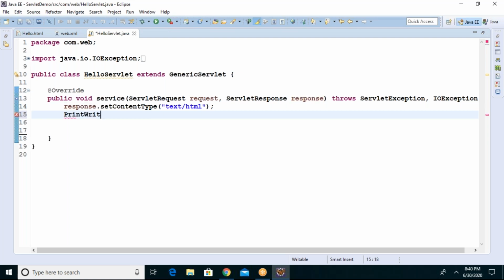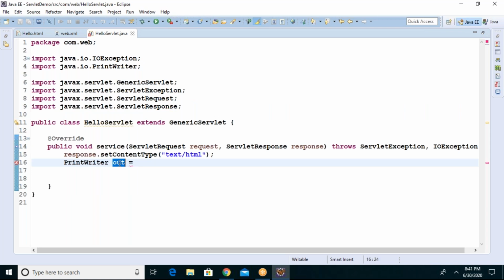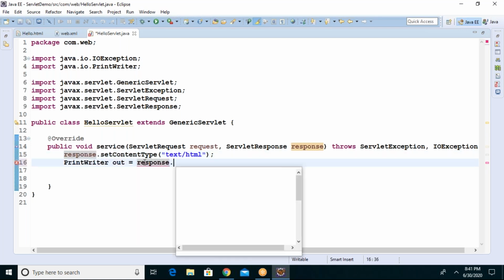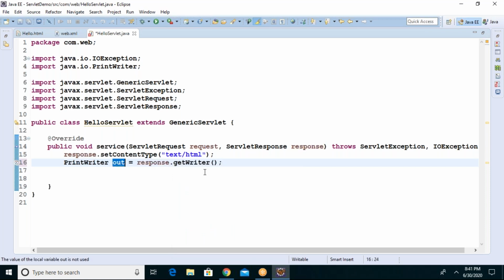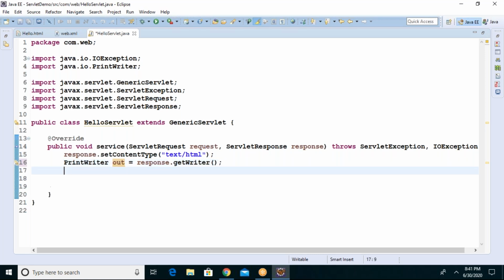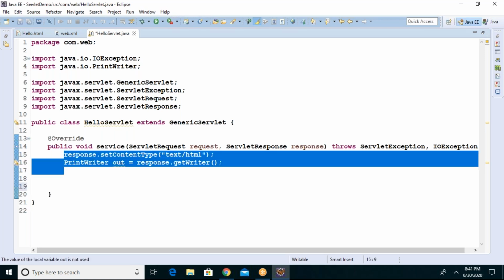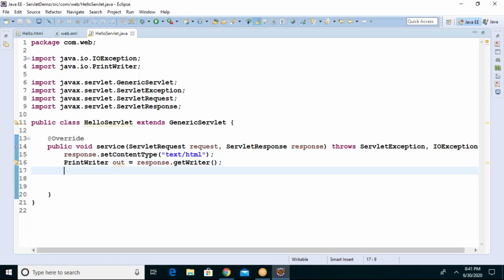PrintWriter is a class available in Java; import it first. To create an object of the output writer, you use the response object's getWriter method, and you can create the object of PrintWriter. These are the things we need to specify for each and every servlet which wants to give the output back to the client, guys, in the browser.